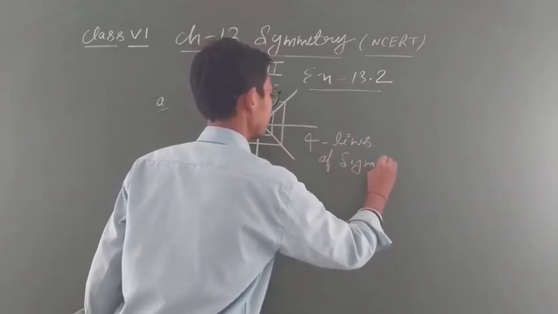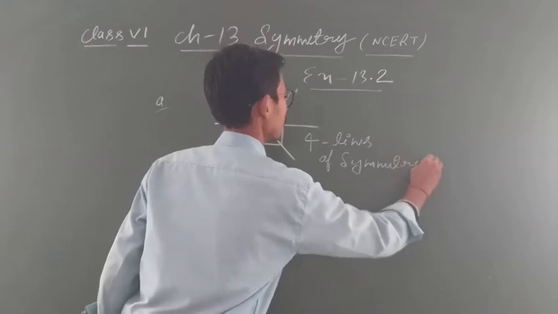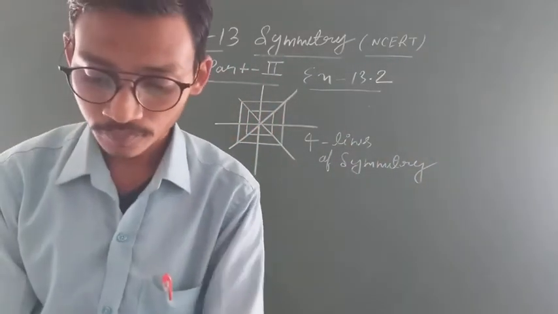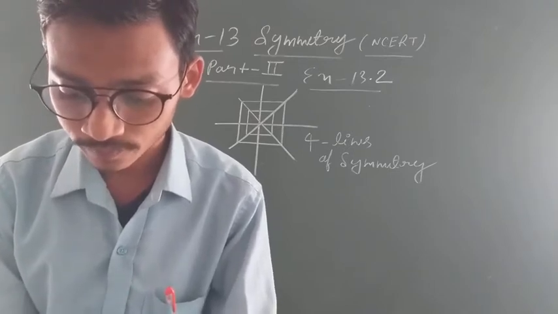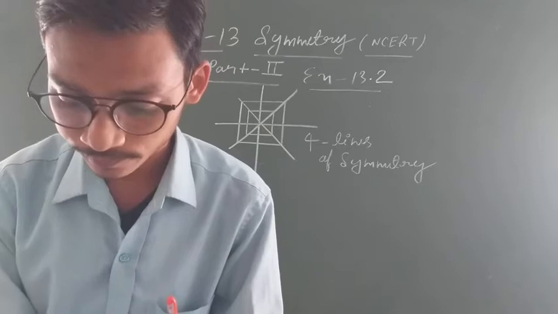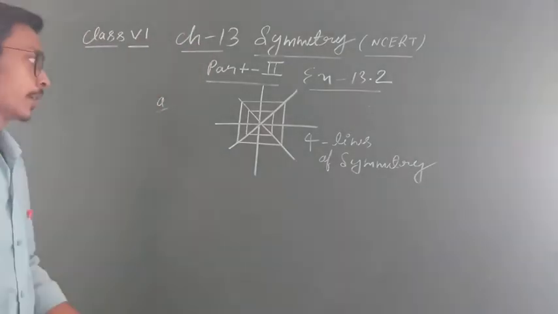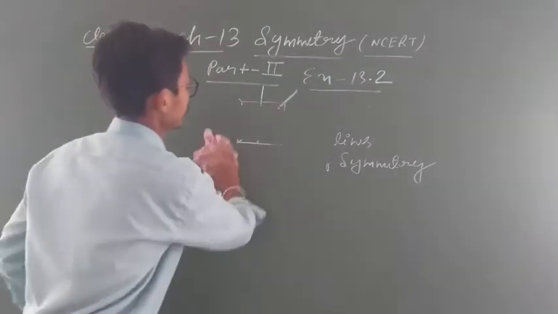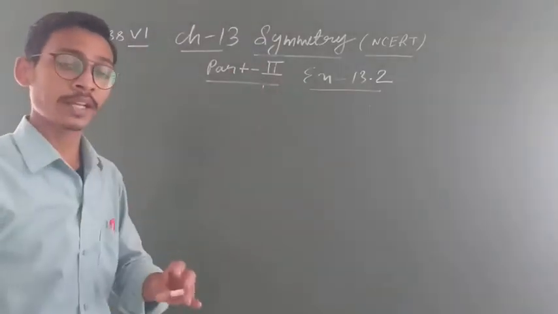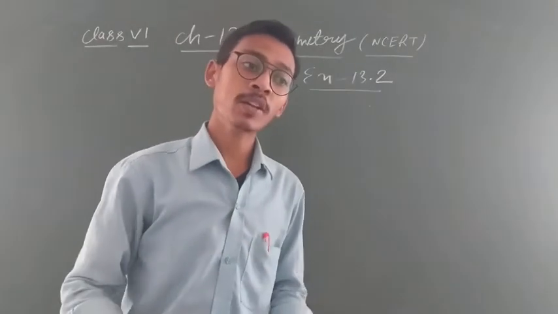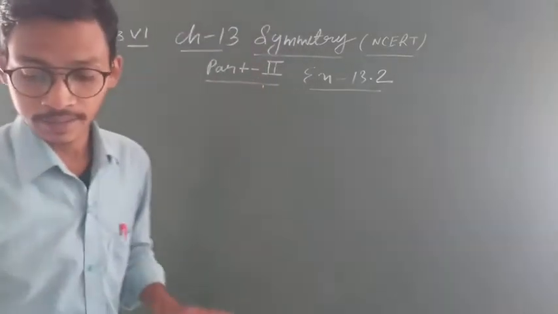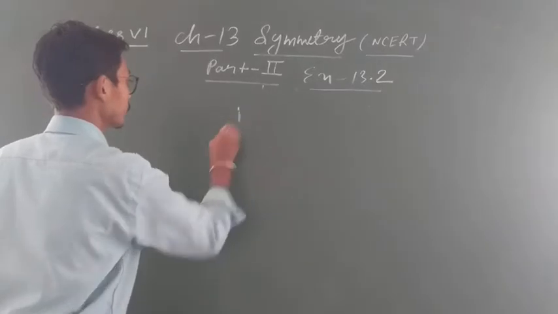Because this is the form of a square, student. By this you can find out the line of symmetry in any diagram. Some other example I am going to show you, some other question. This one is also about a square. If any diagram is given, you have to check and see how we can draw the line of symmetry, how you can form the identical diagram. Now one diagram is given.